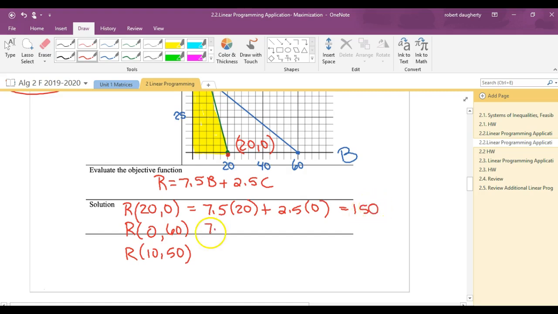And then I've got 7.5 times 0 plus 2.5 times 60. That's also 150. And then I've got 7.5 times 10 plus 2.5 times 50. And that is